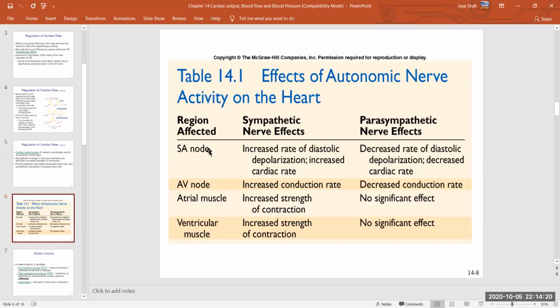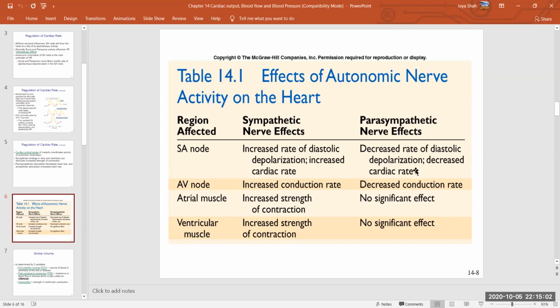Sympathetic nervous system in SA node increases the rate of diastolic depolarization. So during the resting time, it increases the depolarization of the SA node, and that's why it increases cardiac rate, increases heart rate. In AV node, it increases conduction rate. In atrial muscle wall, it increases strength of contraction. And similarly, in the ventricular muscle, the sympathetic nerve stimulation increases strength of contraction,